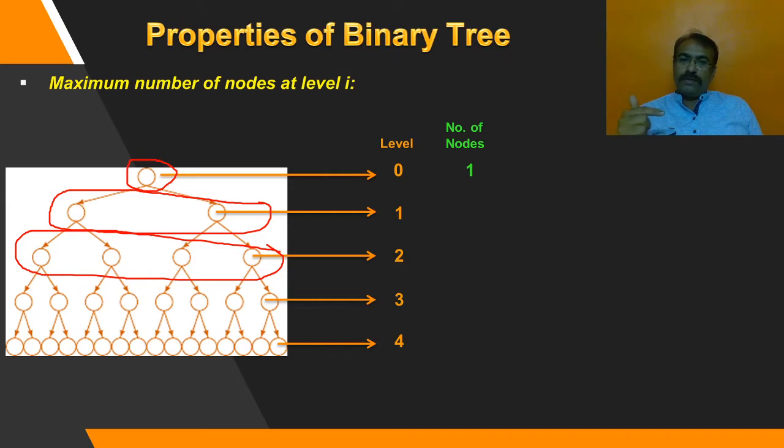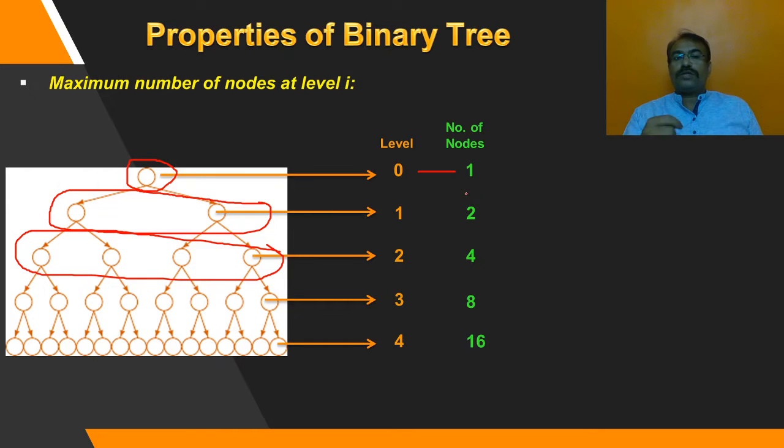So how many nodes does every level have? Level 0 has one node. Level 1 has 2. Level 2 has 4. Level 3 has 8. Level 4 has 16. If I convert it into binary terminology, you can see all of them are divisible by 2. Most importantly, all of them are powers of 2. So how can we build up a relation among the two? What is the relation between these two?